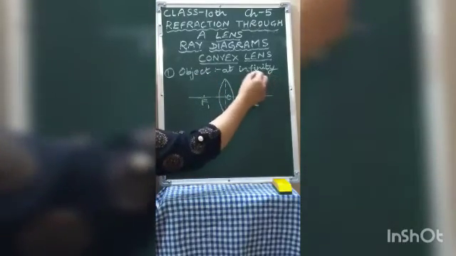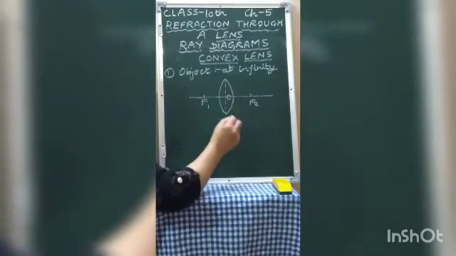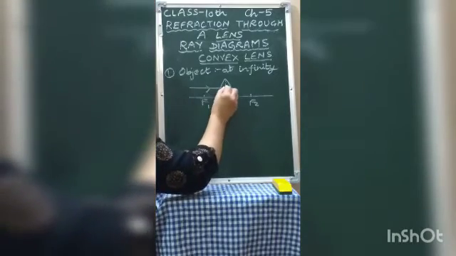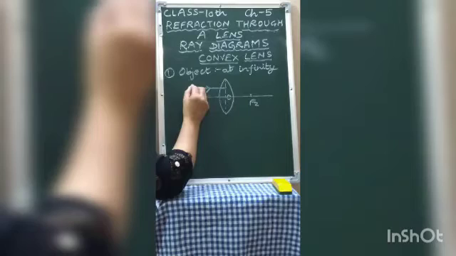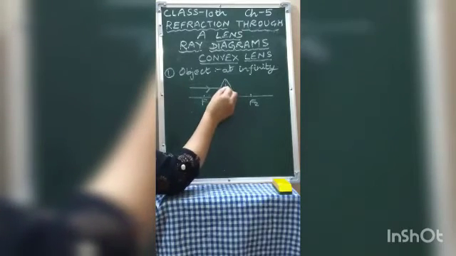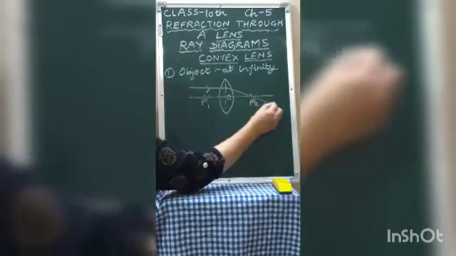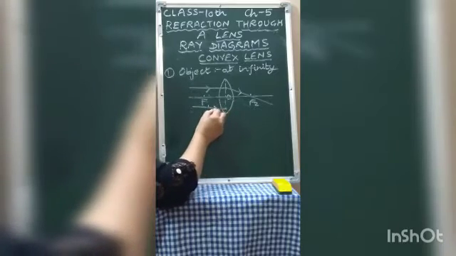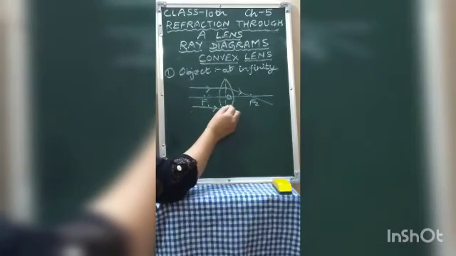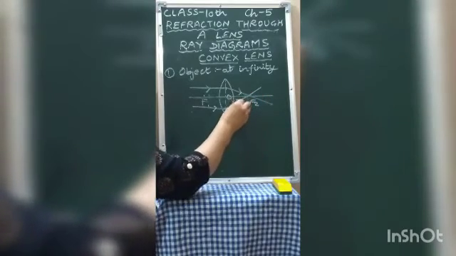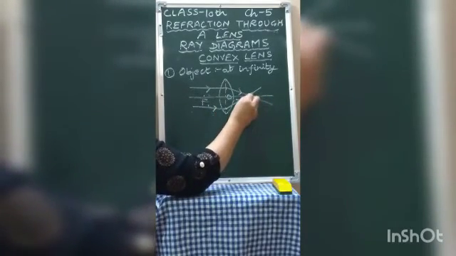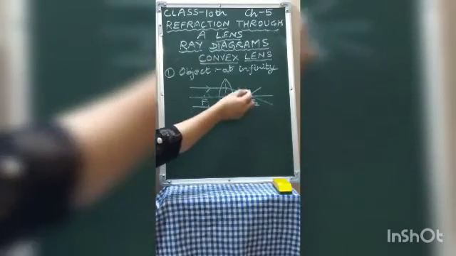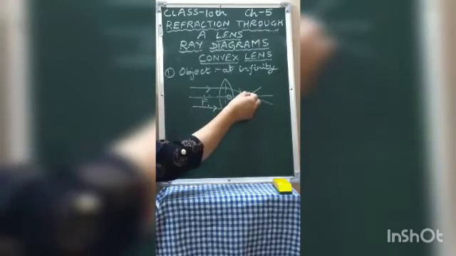Since the object is at infinity, very far off, it is not visible. At infinity, always parallel rays come. Suppose these rays are parallel to the principal axis. So what was the rule? Any ray which is parallel to the principal axis, after refraction through the lens, passes through the focus. Similarly, if we draw another ray which is parallel to the principal axis, it will also refract and pass through the focus. So the rays are intersecting at this point, at the focus, at F2. So here the image is formed. This is the location of the image.